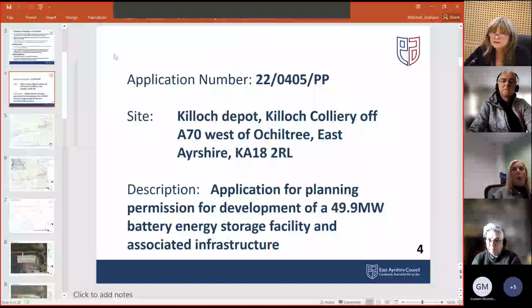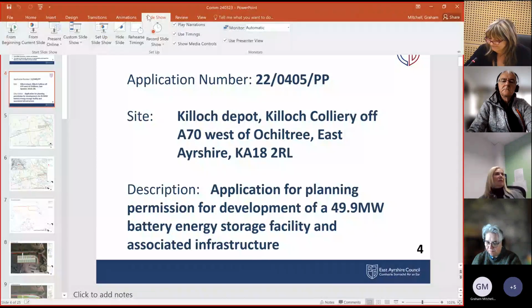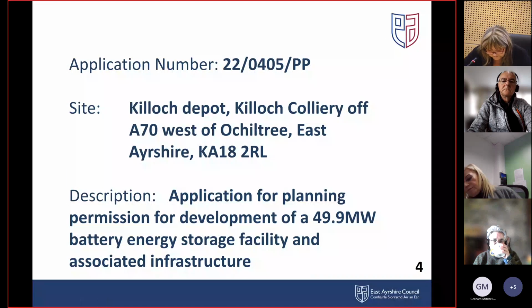Thank you. And as there is no hearing procedure this morning, we'll go straight to agenda item 3. Planning application number 22/0405. Is there any declarations of interest? No. Okay. Thank you. So back to the agenda item, and it's the development of a 49.9 megawatt battery energy storage